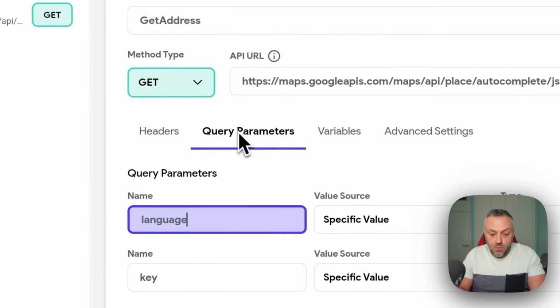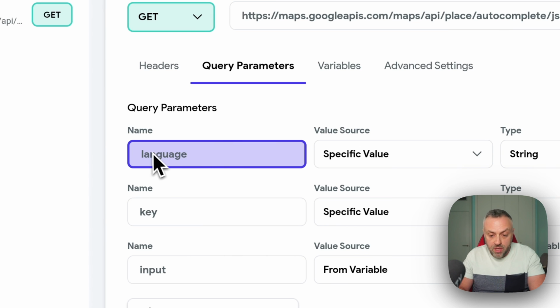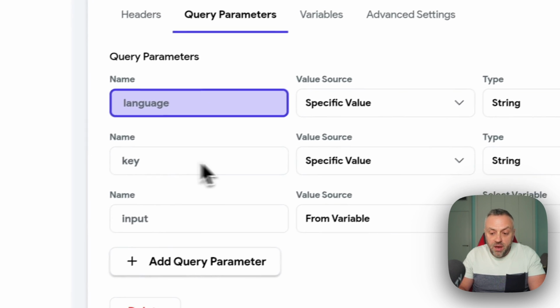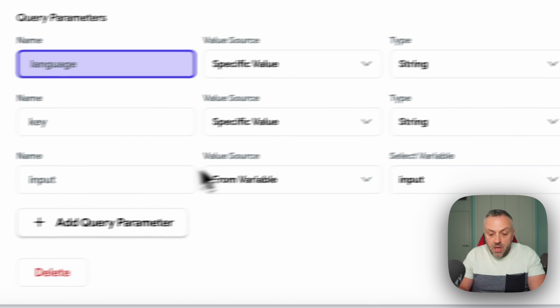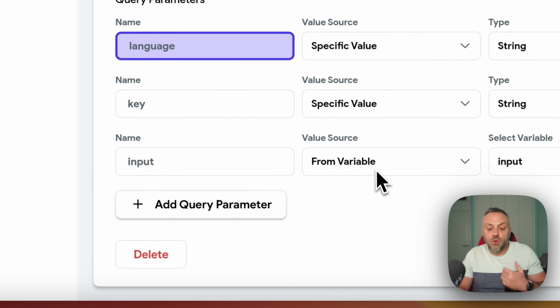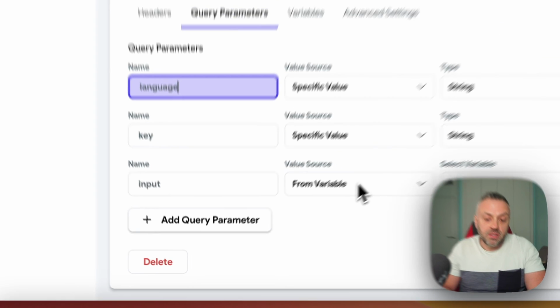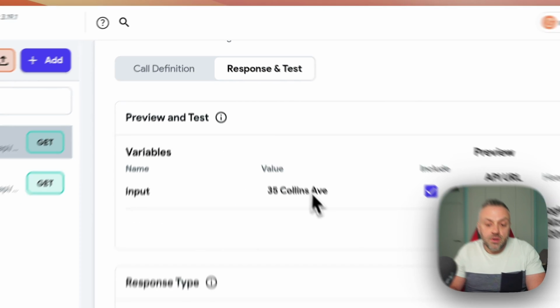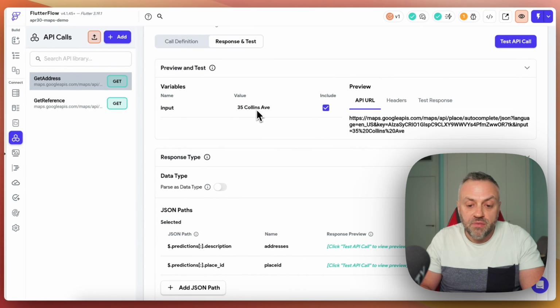what we have here is a bunch of query parameters. We have the language that is fixed, which is English US. We have the key, which is also fixed. And here we have the input, which is going to be dynamic. And that is why we have it set from a variable. And so if we do response and test, you can enter an input. So let's say I put 35 Collins Avenue, which is a street in Miami Beach, and I do test API,